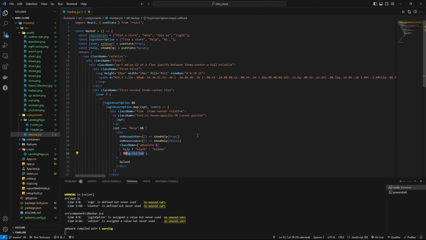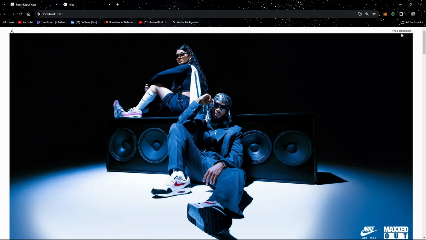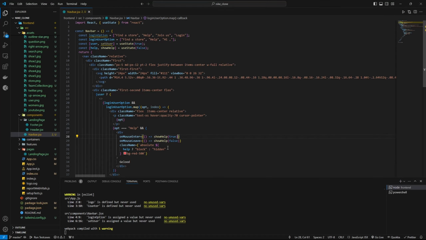Not here, but on the help. Okay, not required actually. So I think it is not working. Let's fix it. So what's the problem with this? So whenever option equal to help,